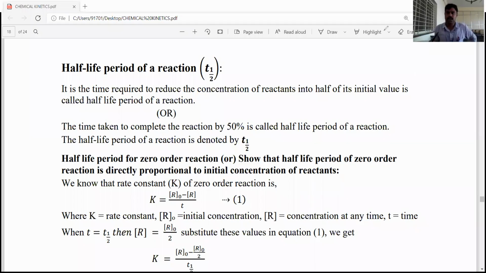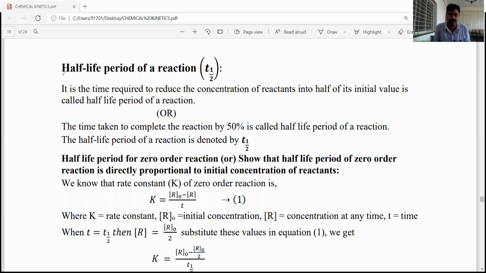Yes, dear students, in the last class we discussed the rate constant for zero order reactions and first order reactions. Rate constant formulas we have discussed, dear students, and related graphical representations. In today's class we'll discuss the integrated